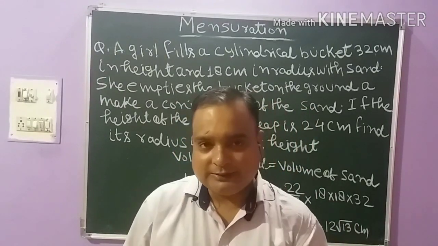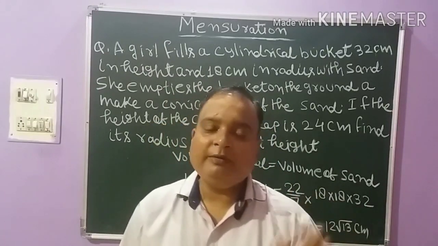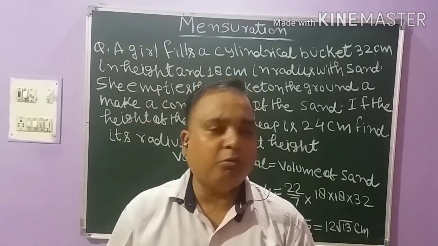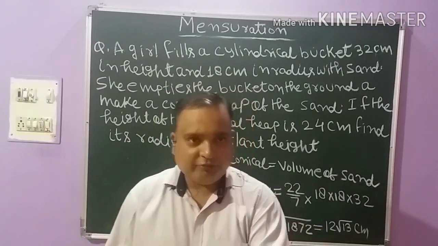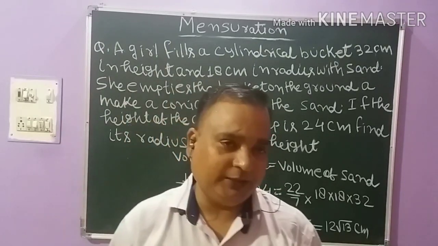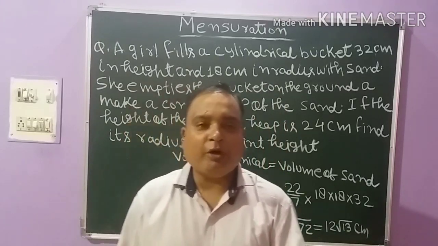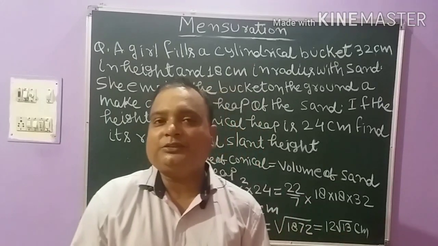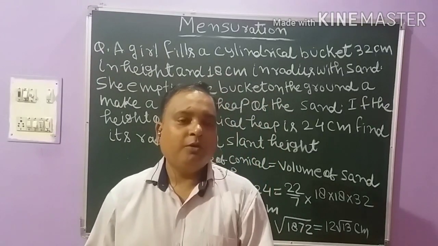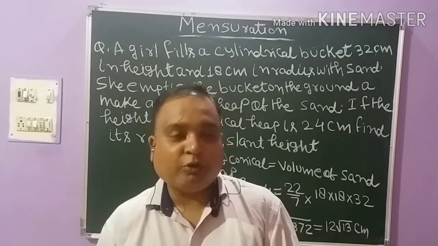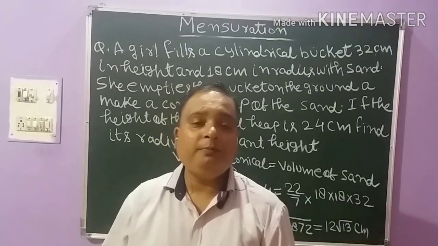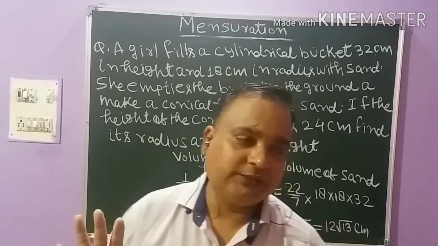For example, I have a glass whose shape is cylindrical, with 100 ml water in it. Now I transferred that water into a pot whose shape is cuboid. So when I transfer the water from a glass in the form of cylinder to a pot in the form of cuboid, now tell me, if the volume of water in cylinder is 100 ml, when I transfer the water in the pot, is there any change in volume? No. When we transfer the water, either from cuboid to cylindrical shape or cylindrical shape to cuboid, the volume will not be changed. That is the concept of this question.